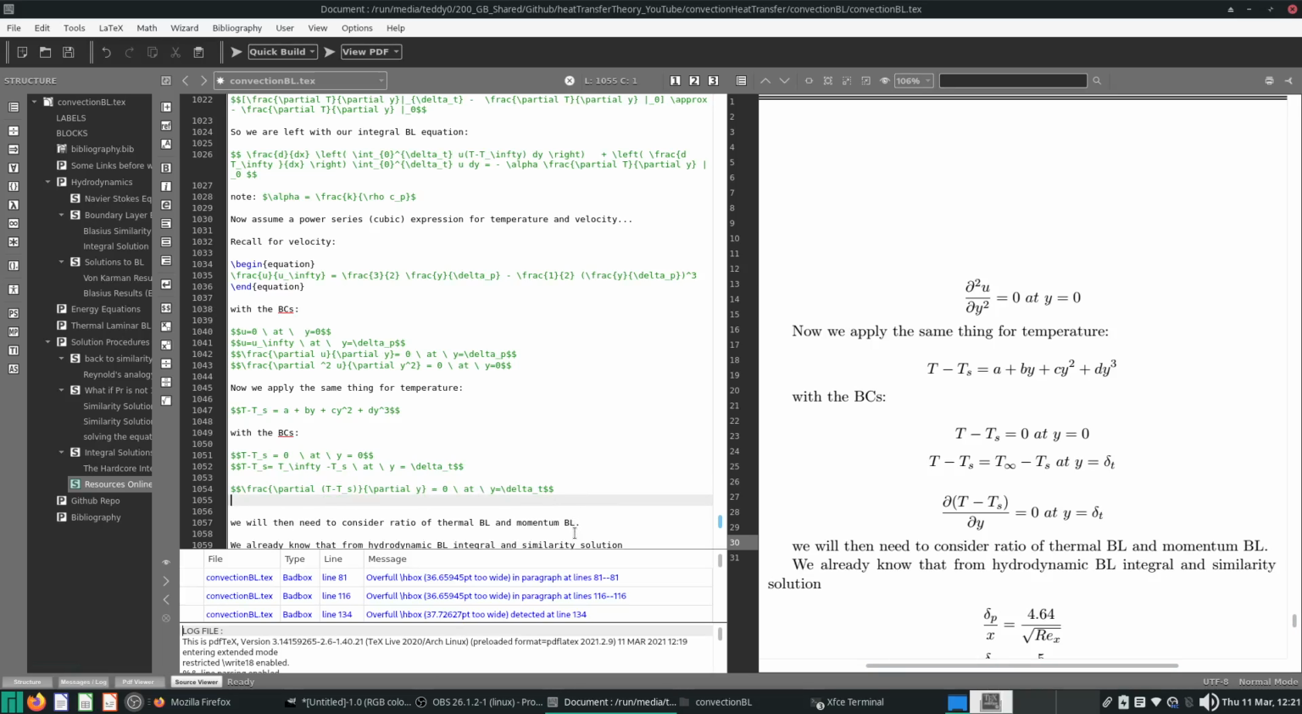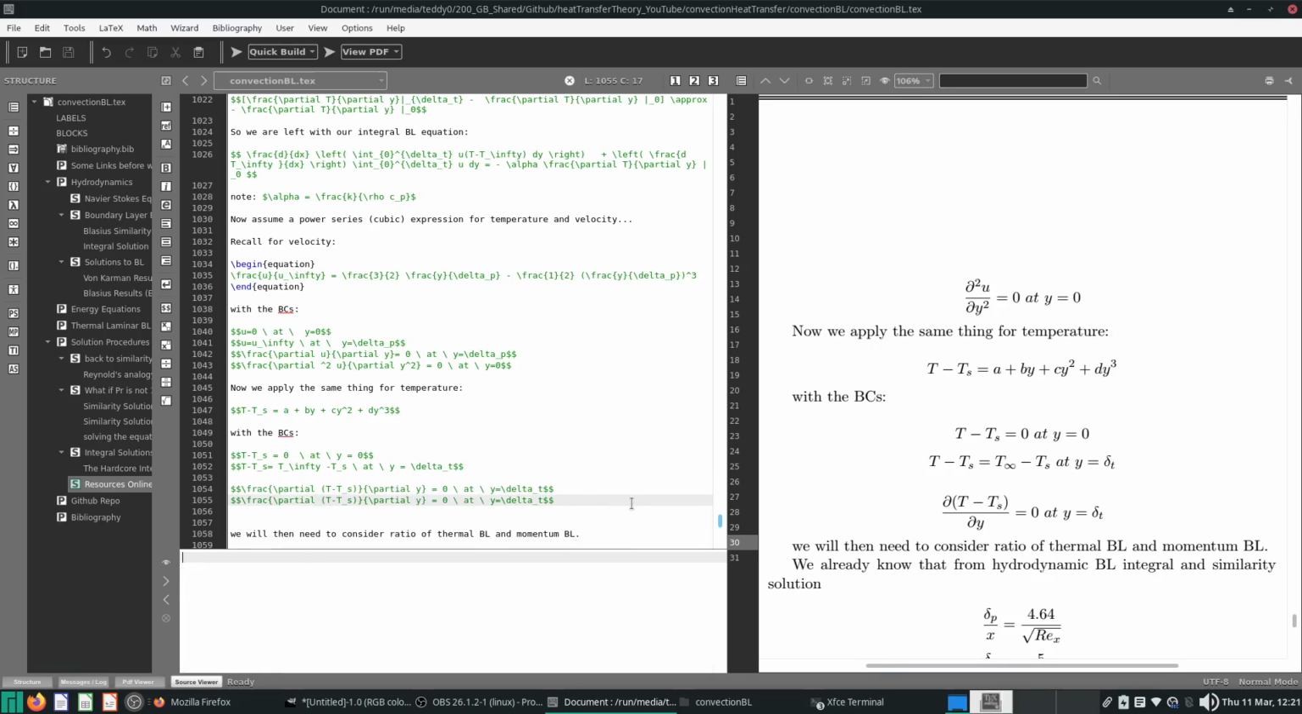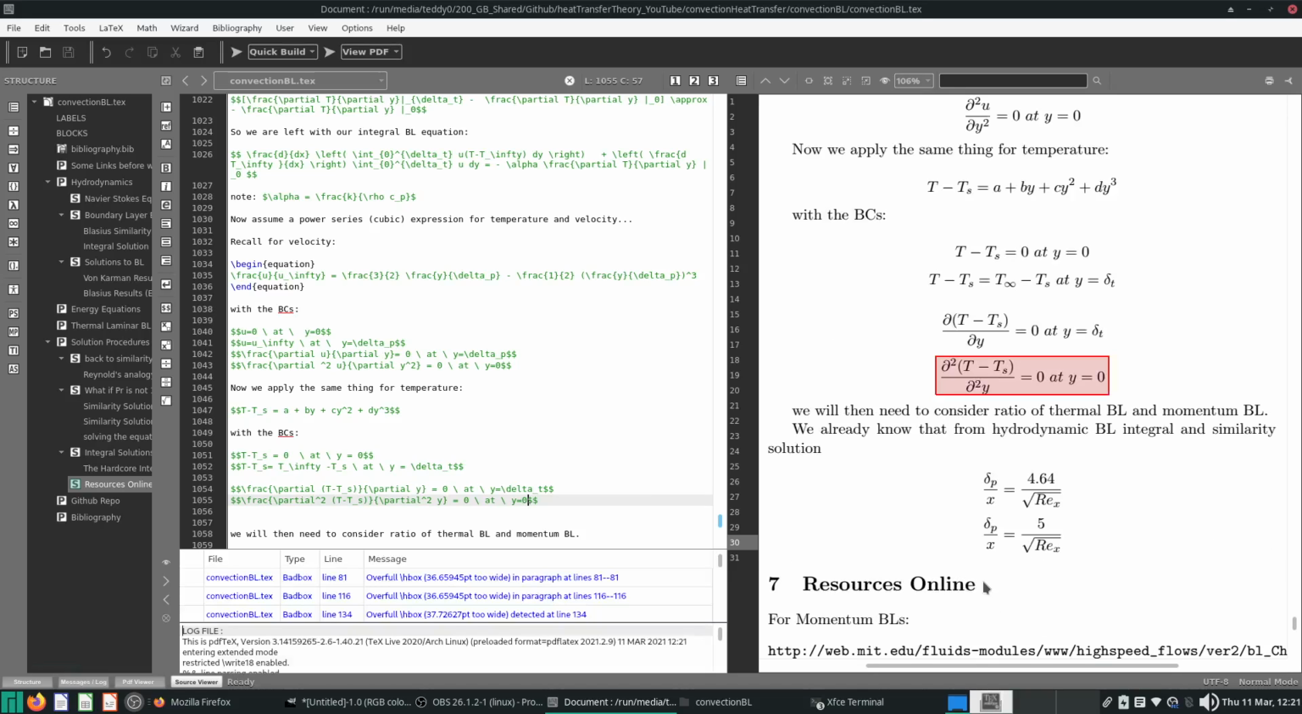Next is a bigger assumption, I would say: del 2 of T minus Ts over del y squared equals 0 at y equals 0. This is a slightly bigger assumption, but it's not too difficult to see that you will have some sort of